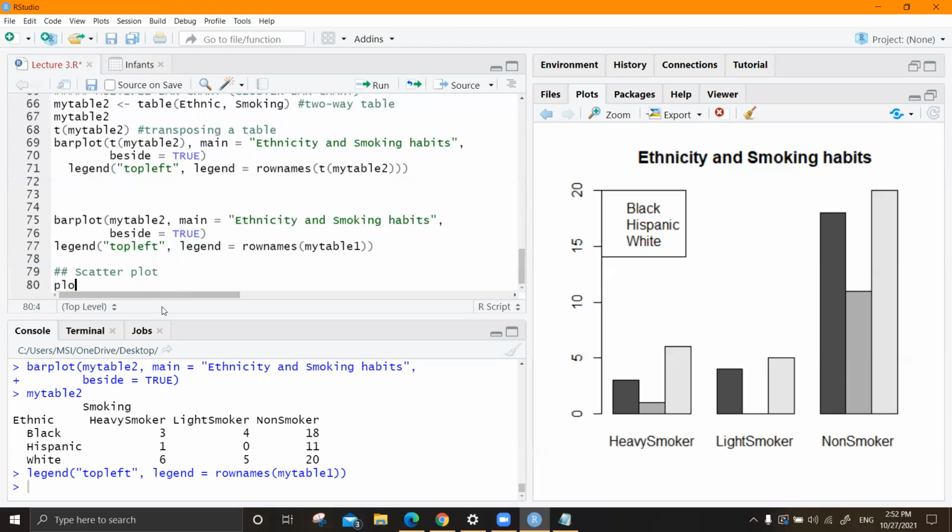So the command is plot. Let's say we want to plot the birth length and birth weight. So these are the variables in our data set. Always give your x variable first, and then birth weight. Right?